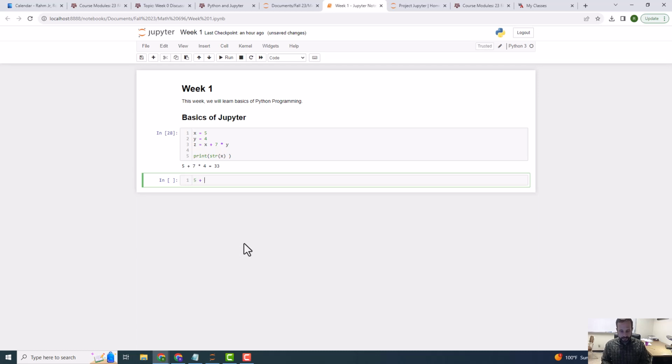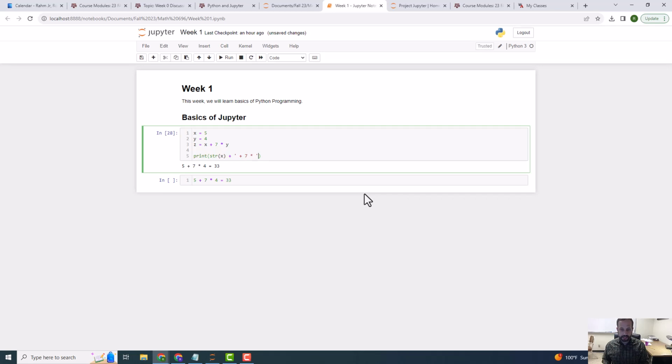5 plus 7 times 4 is equal to 33, where we're allowed to change the values of the 5 and the 4 here. Okay, so the x is going to put the string version of x, which in this case is just 5. Now, it's a string, so we're going to add to it another string. We're going to concatenate. So it's going to be 5 plus, that's this plus right here, 7